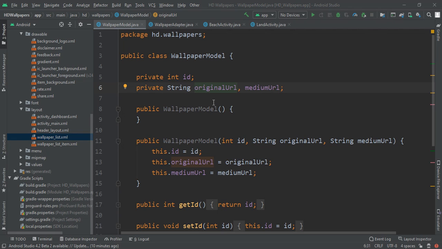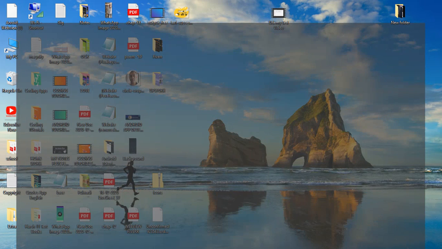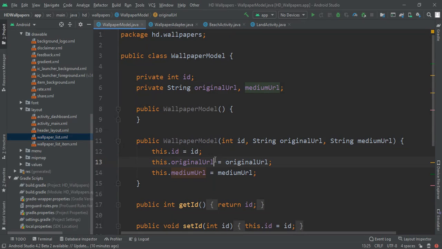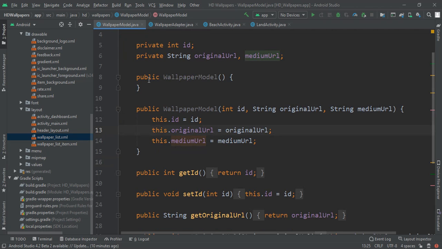It is basically an original url, medium url and id in int format, and we are going to fetch a lot more stuff from our API. So first we are just writing this much, and then we need one empty constructor and one constructor with id, original url and medium url, and then we want